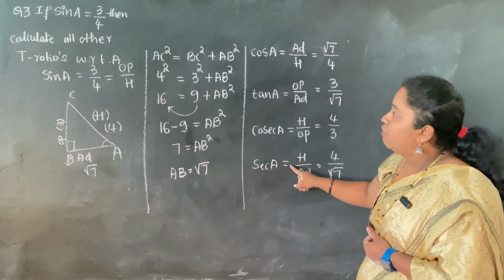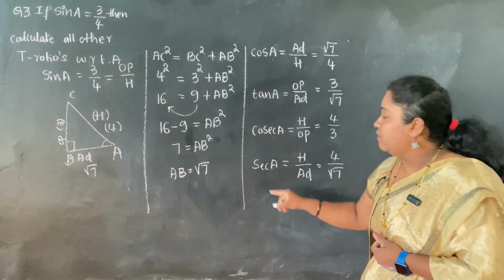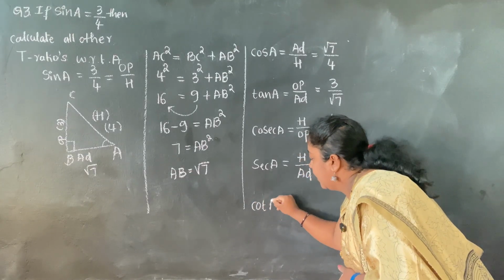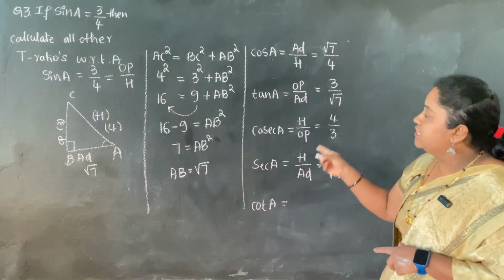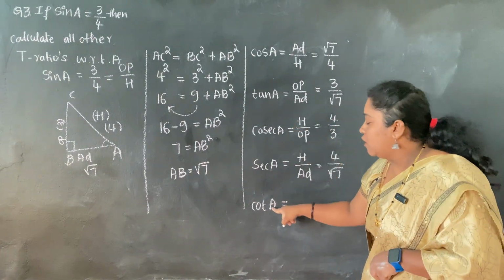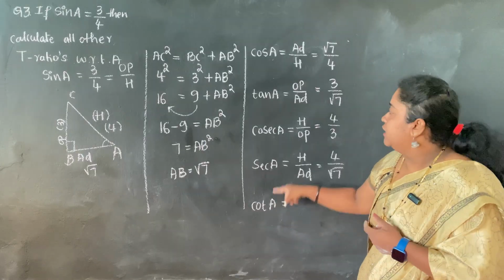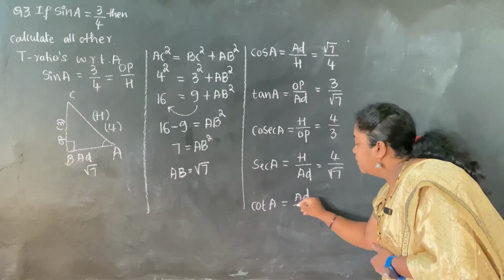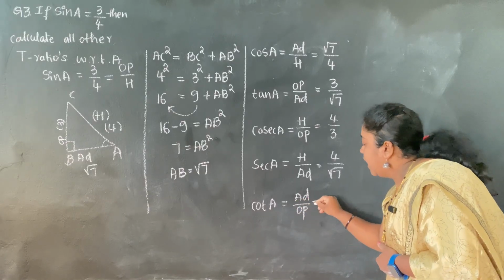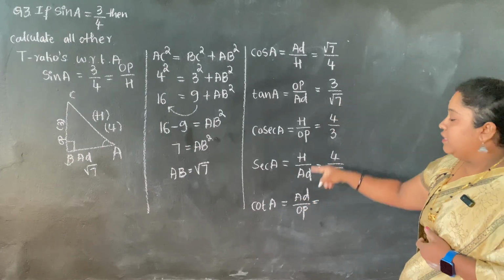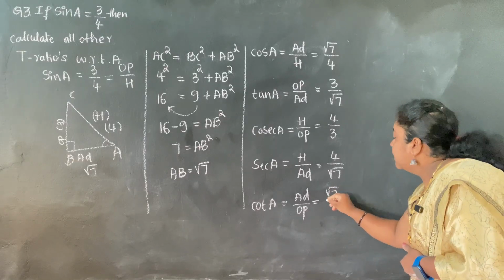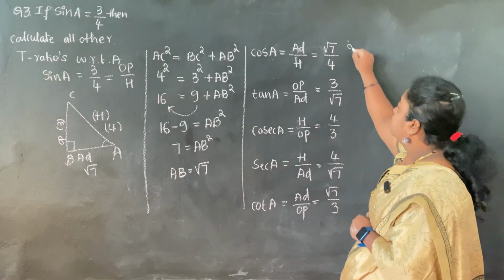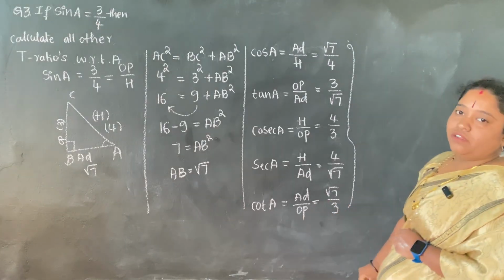See, 1, 2, 3, 4, 5 is already provided, that is sine. We'll go to the sixth trigonometric ratio, that is cot of angle A. And you know that cot is the reciprocal of tan, or else we can also define cot as the ratio of adjacent by opposite. So we'll be having adjacent by opposite. If tan is equal to 3 by root 7, then cot will become, dears, root 7 by 3. Okay, root 7 by 3. At the end we have all the trigonometric ratios here.